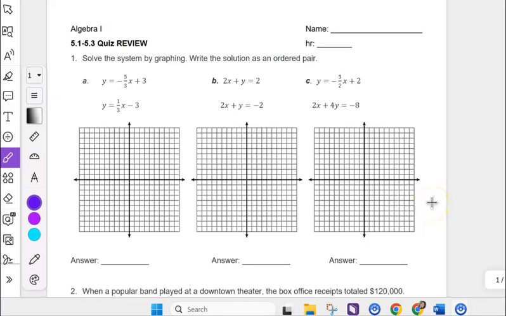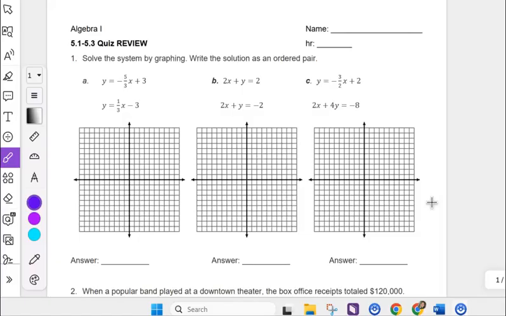Okay, so many of you have requested me to do a video on the 5.1 through 5.3 quiz review. We are going to, number one, solve the system by graphing. Write the solution as an ordered pair. You can use Desmos on this. I'm going to show you on A how to graph it by hand, and then we'll do Desmos for B